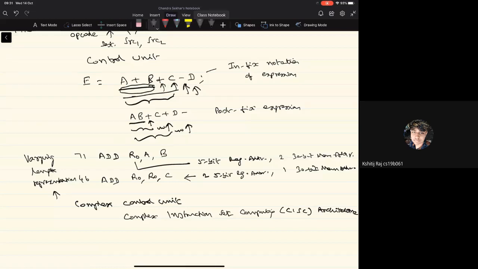So performing the interpretation of the representation of instructions, which is referred to as instruction decoding, is the main function of the control unit, right? The instruction decoding becomes very complex, so it requires fairly complex logic, and this logic is put into the entity called the control unit. And typically, whenever you have these complex formats of instructions, that's referred to